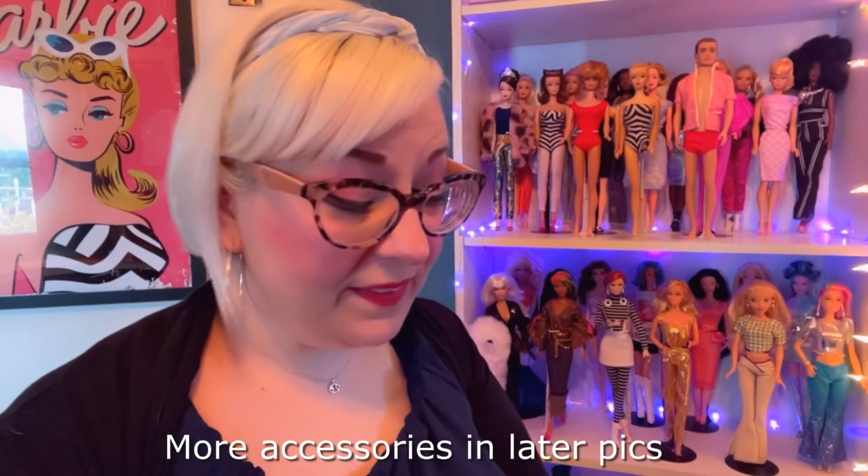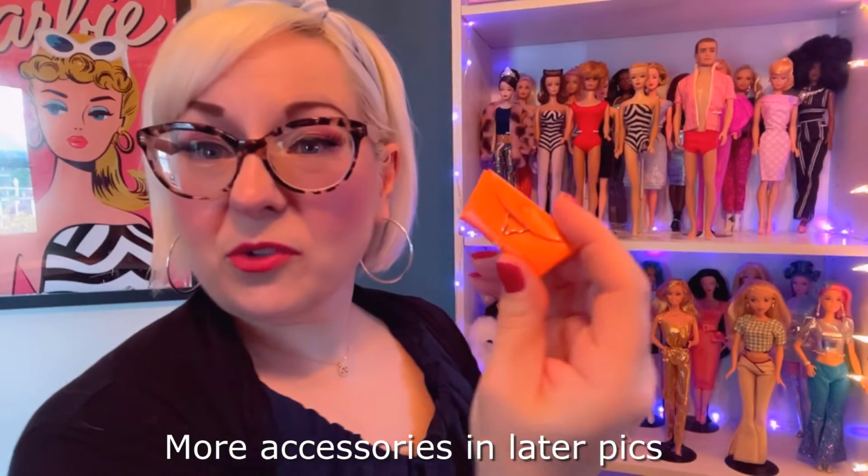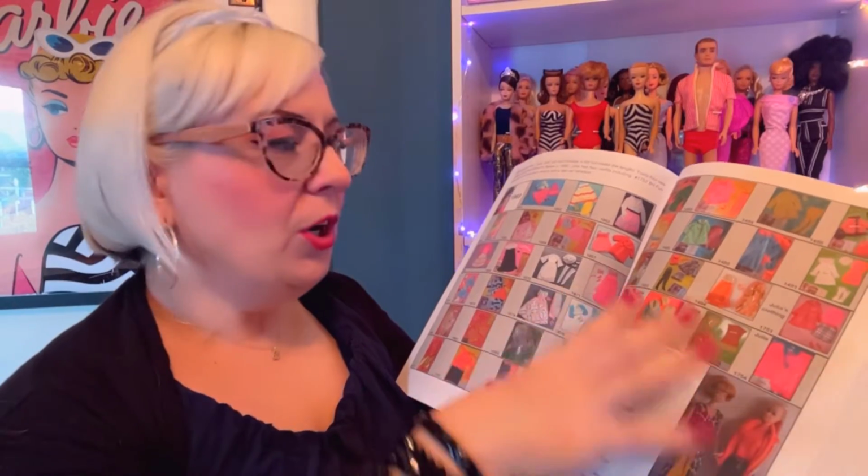So we have some accessories. This great little orange purse. But what I discovered is that there is something very special about all of these clothes and this Barbie and Ken. While I was looking through the reference book to try to identify what clothes those were, what their names were, what years they were,